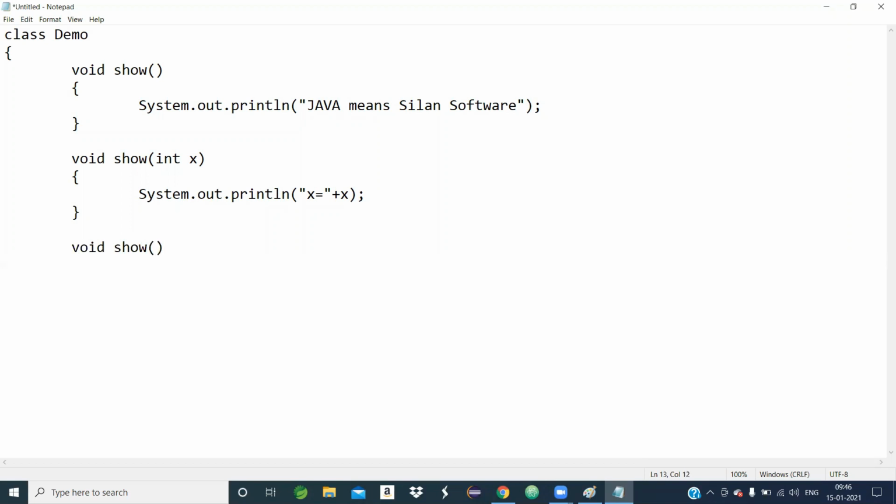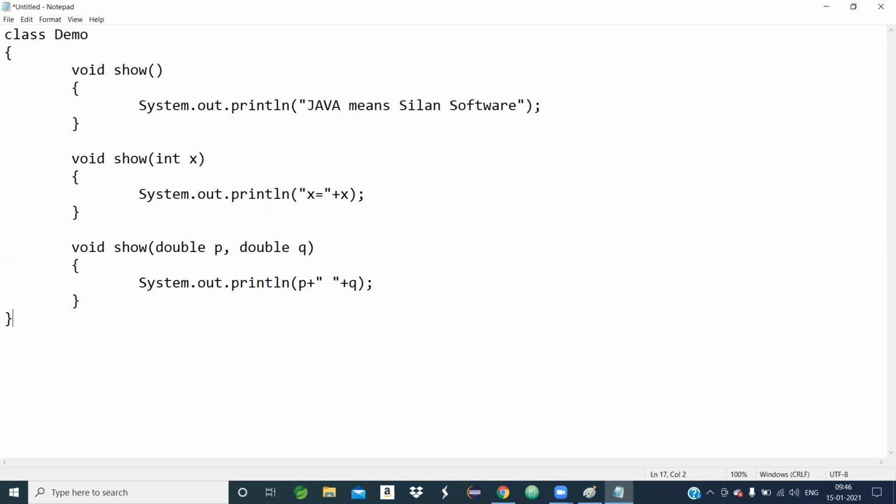Suppose I define the same show method by taking two double arguments. Let double p, double q, system.out.println, the value of p, space, the value of q. So this represents method overloading.